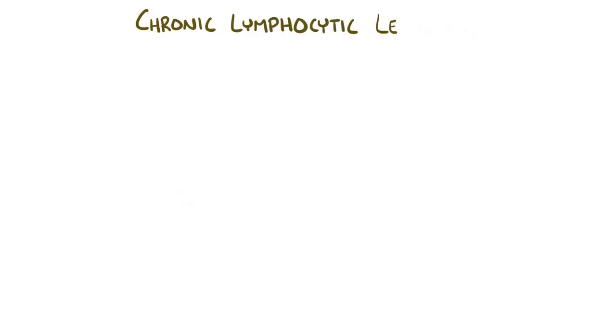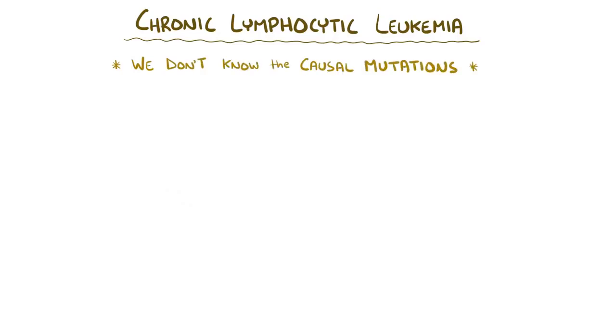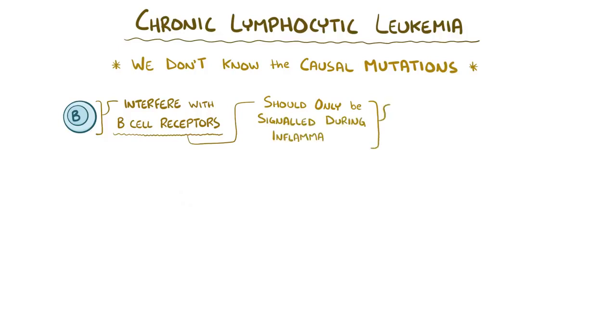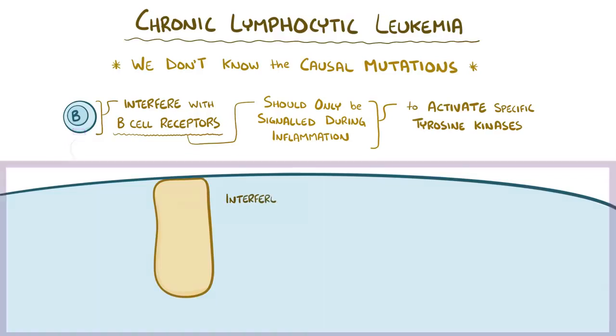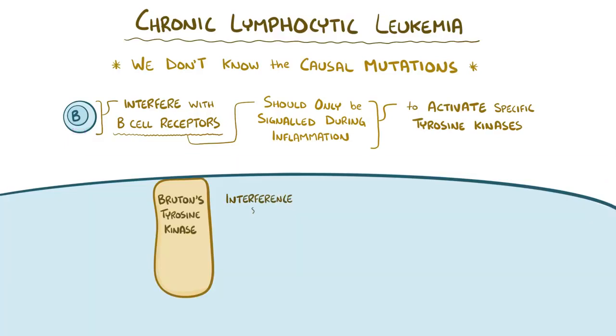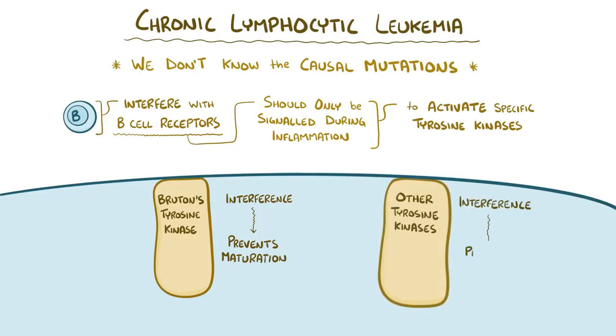In chronic lymphocytic leukemia, the most likely cause is also a mutation in the cell's chromosomes. We just don't know which particular mutation, or mutations. Whatever the case, the result is that B cells start to interfere with the pathways of B cell receptors, which should only be signaled during infection to activate a few specific tyrosine kinases. Interference with Bruton's tyrosine kinase, for example, is probably what stops CLL cells from maturing fully. And it's similar interference with other tyrosine kinases that allows them to die slower than they divide, which is why